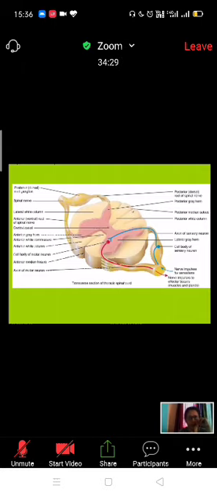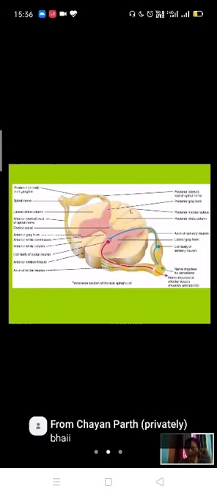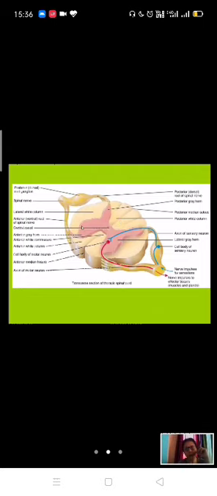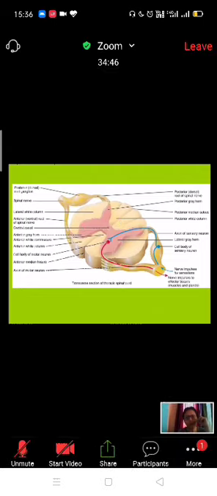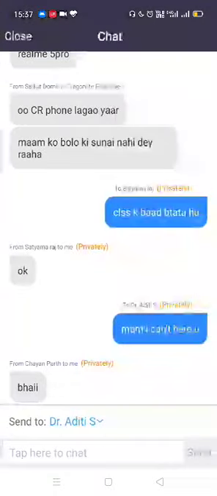From the posterior median sulcus, you see a partition. It is a neuroglial partition extending up to the gray matter. This is called the posterior median septum. It is a glial cell partition, and as it's a partition, it's called the posterior median septum. On the anterior side,